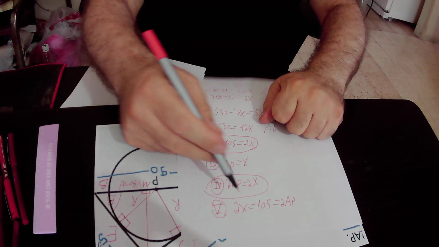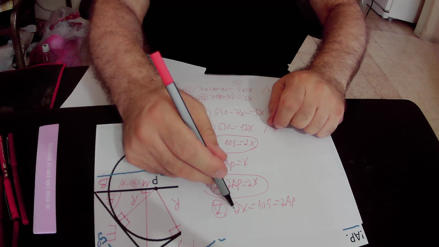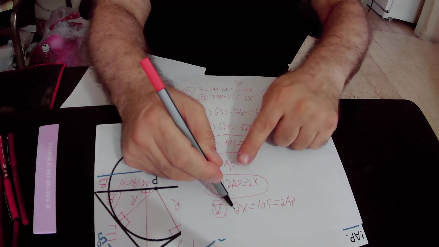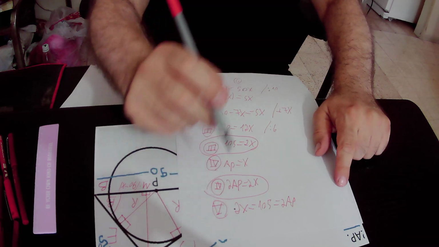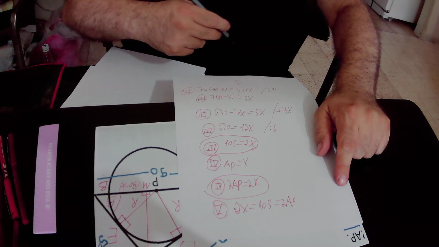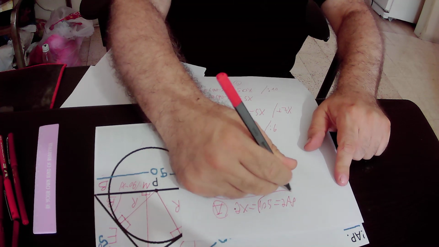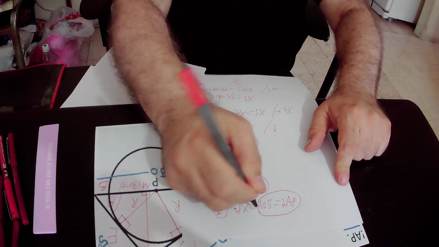So we can add in the fifth equation that 2 times 6 equals 2 times AP according to the fourth equation. Okay, so at the end we got the equality that 2 times AP equals 105